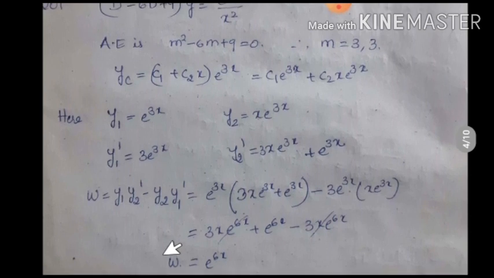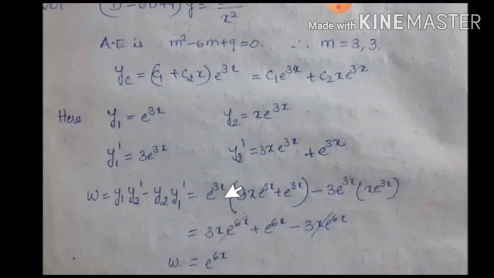So here that simplification is shown. e to the power of 3x, and these two terms write in a bracket, minus 3 e to the power of 3x, x e to the power of 3x. Open the bracket. The bases are the same, so add the powers. Simplification is the same as the previous problem, e to the power of 6x. Here again when you multiply, e to the power of 6x minus 3x times, again the bases are the same, add the powers, e to the power of 3x. So minus 3x e to the power of 6x plus 3x e to the power of 6x get cancelled. So what is left out? e to the power of 6x.